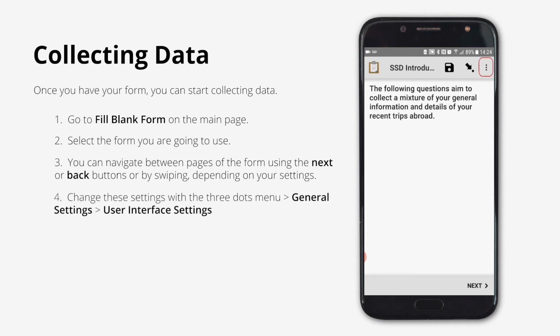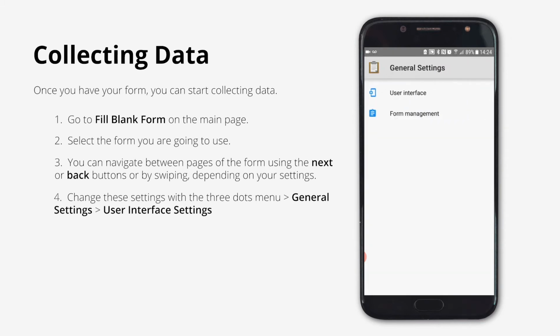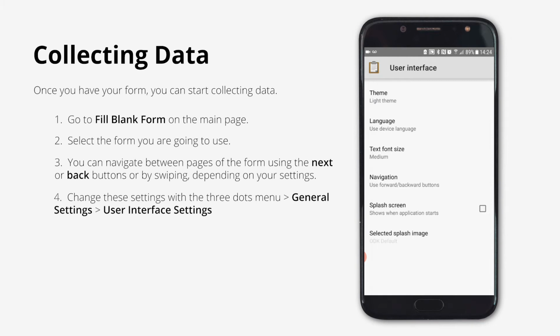If you do not have these buttons, you can change the navigation method by pressing the dotted icon in the top right of the screen, and then press on the user interface settings from within the general settings. You're presented with this page. The choice of settings will, as previously mentioned, depend on those which have been set in the user control settings as shown in previous configuration steps.